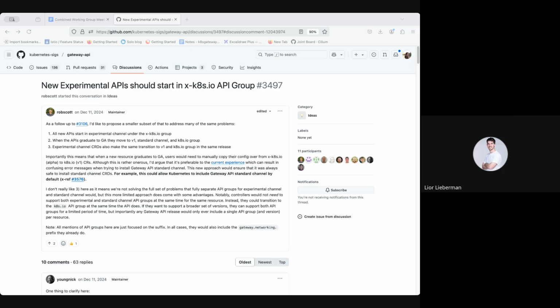I'd like to clarify. My question is, would Istio support experimental policy X and non-experimental policy X, which is a separate API group, at the same time? I think so. That's what John's saying. Okay. Sorry, John.